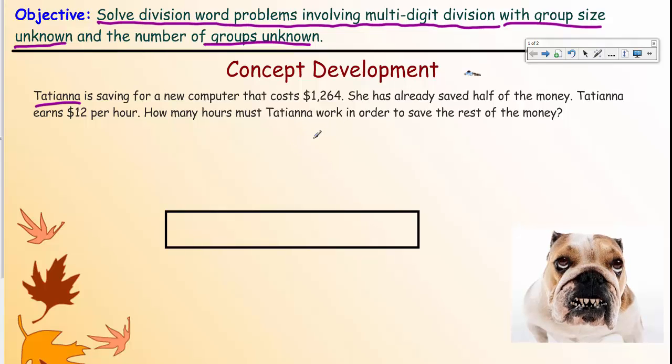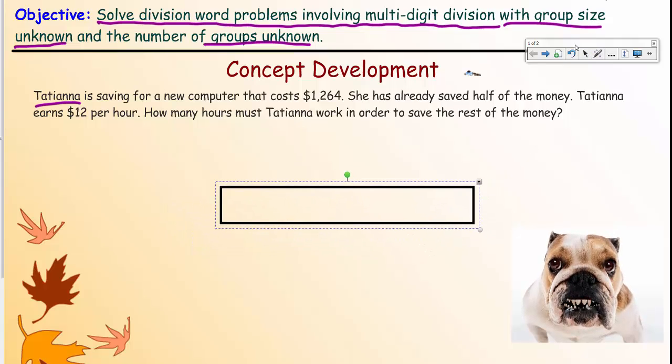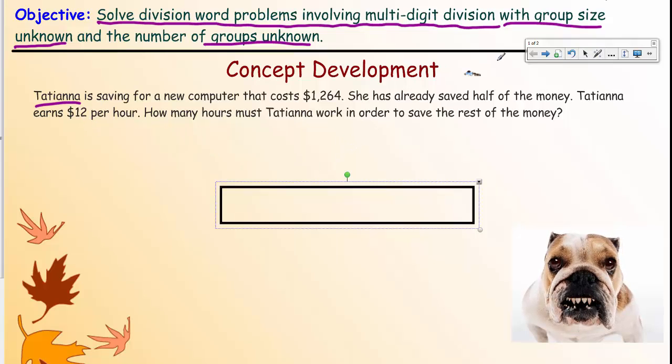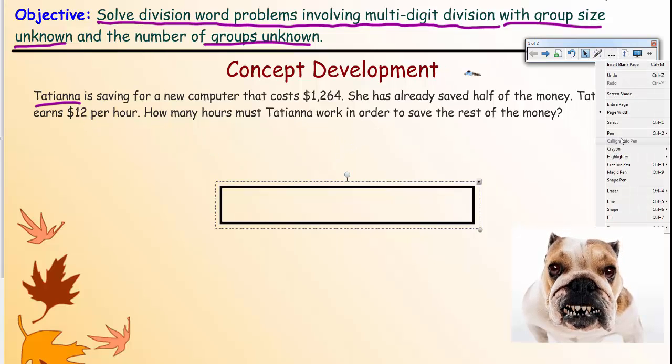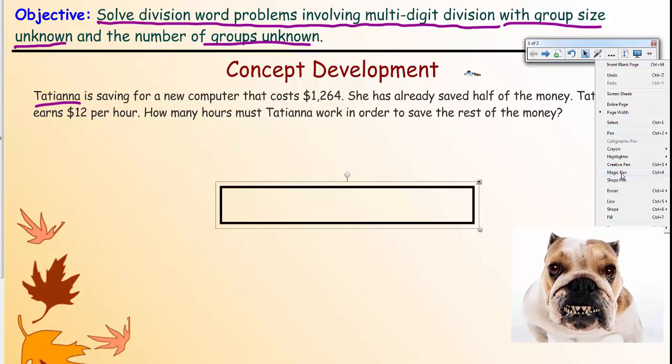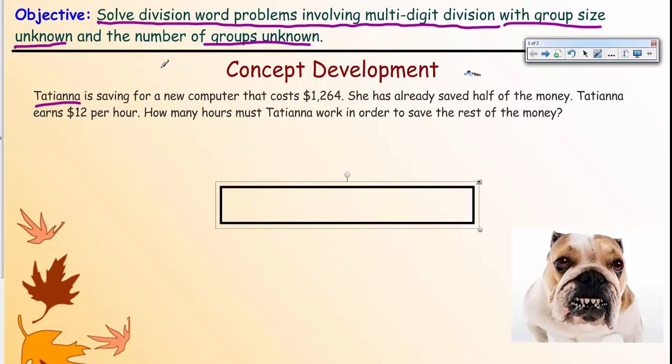Okay, so looking at this, you can see that I have a tape diagram set up here because I want to be able to try to visualize this problem. This is all glitchy today. My little tablet won't give me my normal cursor, but anyway. So basically what we need to do here is